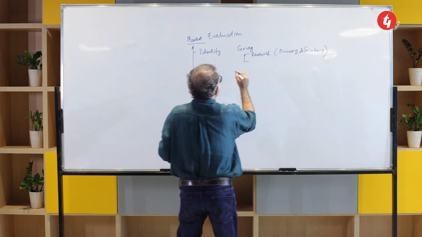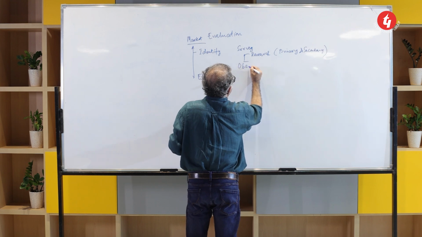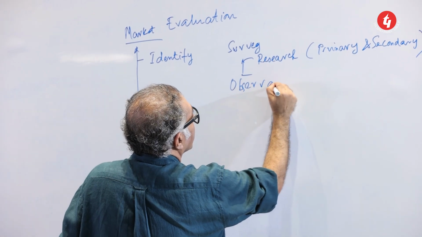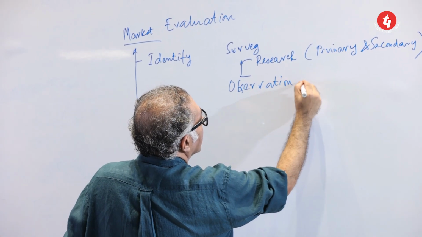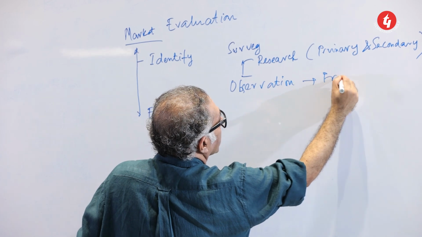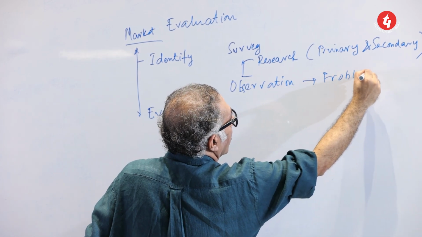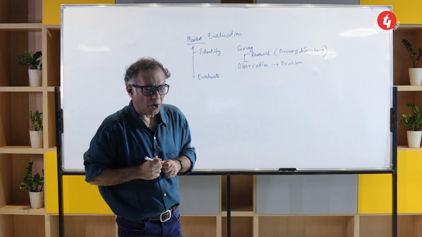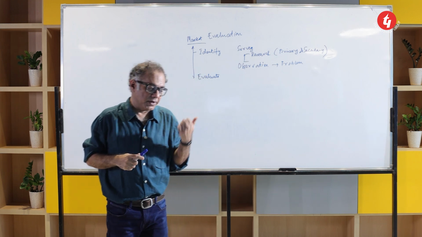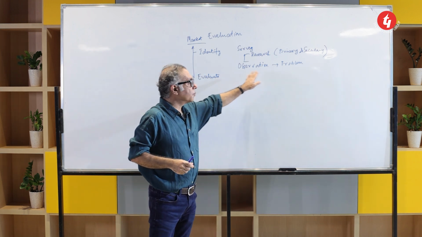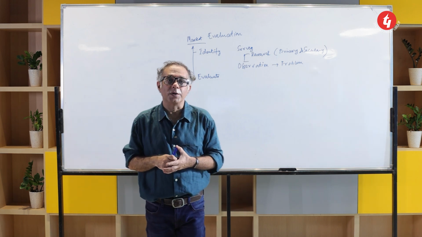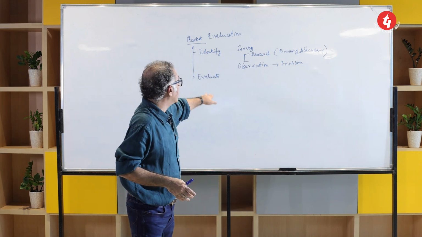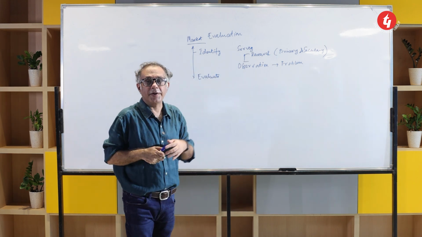So somewhere through observation, leading to a problem, that also is a big way of finding a problem. So keep yourself abreast that if you're observant, we talked about it a bit in some of the previous ones. So observation to problem is often the most salient ones. Then you build, you still have to evaluate, by the way, no matter how you identify the problem.